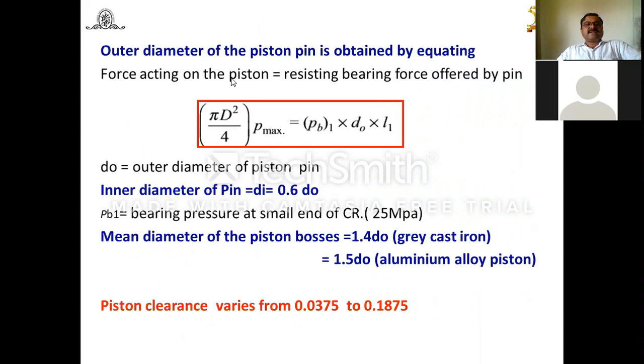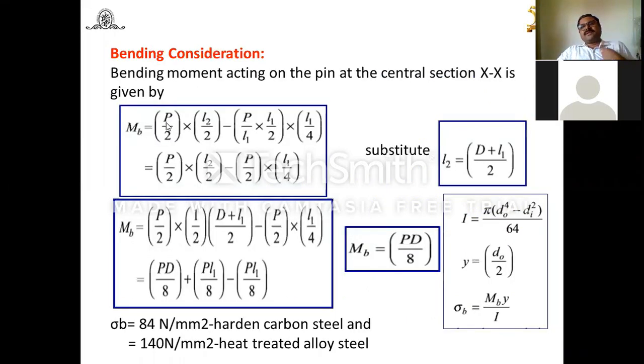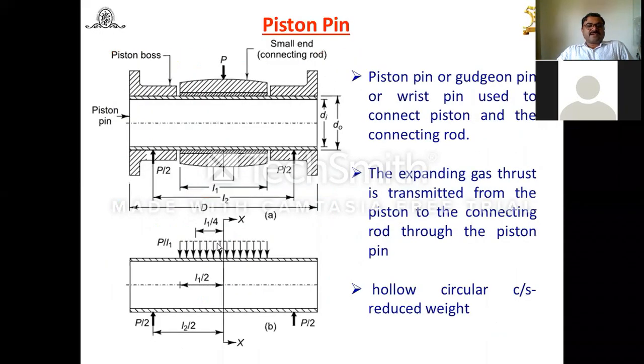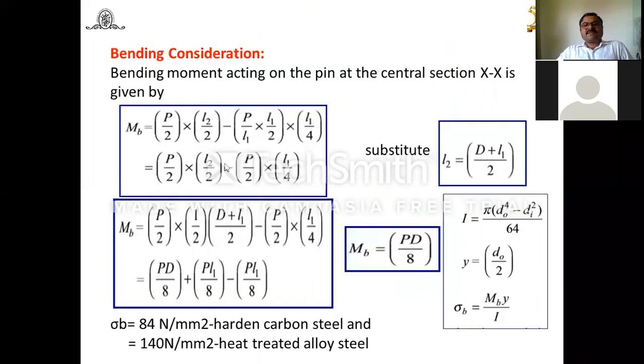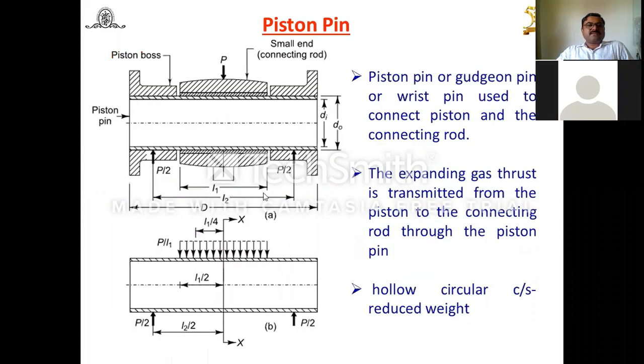So for bending consideration, MB is equal to, again you can refer the diagram also, P by 2 into L by 2 minus P1 upon L1 into L1 by 2 into L1 by 4. Simple, like an SOM fundamental that you have to use here. Because we convert this varying load into the point load, L1 by 4 you will get. Then once you get the MB, we have to find out the L2. And I have already told how to find out the L2. Again here L2, you will get from D minus this L1. So you will get the remaining size,